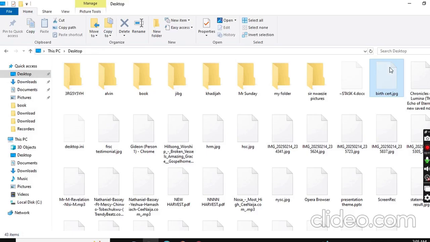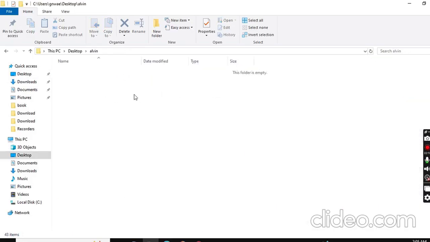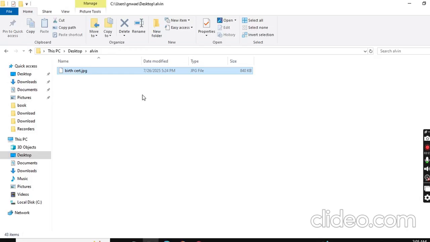Let's move the file. Control X is what I just selected, and I go straight to the arrow and I click on Control V. Control V, V, not B. Control V, not Control B. I said Control V. Okay, as you can see, the file is in here, and that is how you